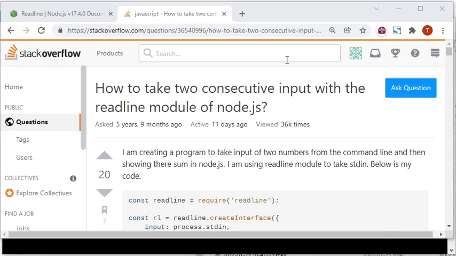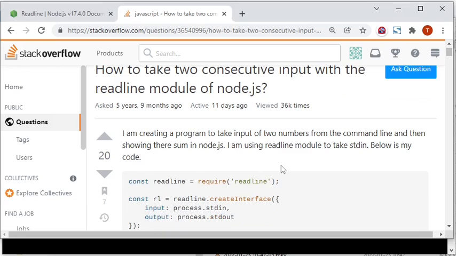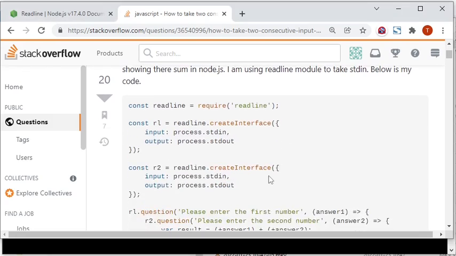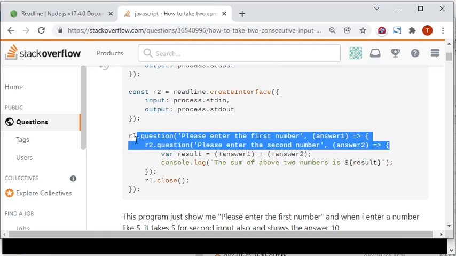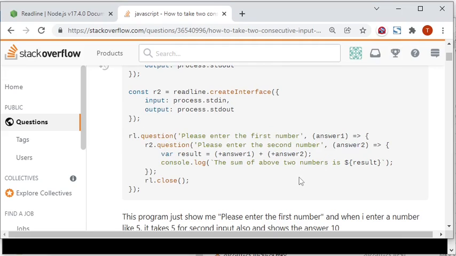This program was very simple and only using one input prompt. But how would you implement two inputs? That question has been asked at the Stack Overflow website. If you look at the code example in the Stack Overflow question shown here, you can see some nested code. The second argument of the method question is a callback, and in that callback the method question is called again with a new callback as argument.